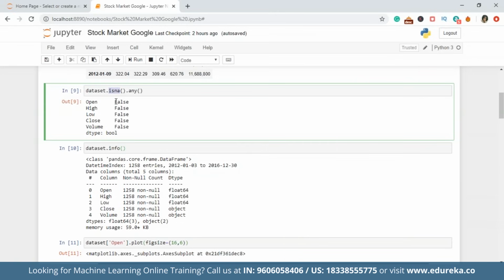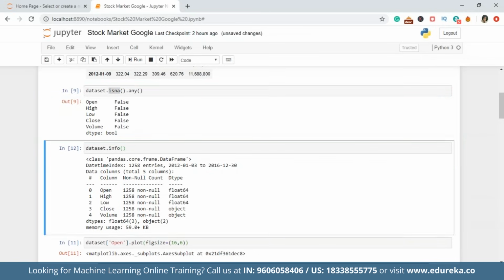This isna function right here is used to detect missing values. It returns a Boolean same size object indicating if the values are not applicable. Not applicable values such as None or numpy NaN get mapped to true values and everything else gets mapped to false values. Now you can see all of our columns here show false, which basically means we have no